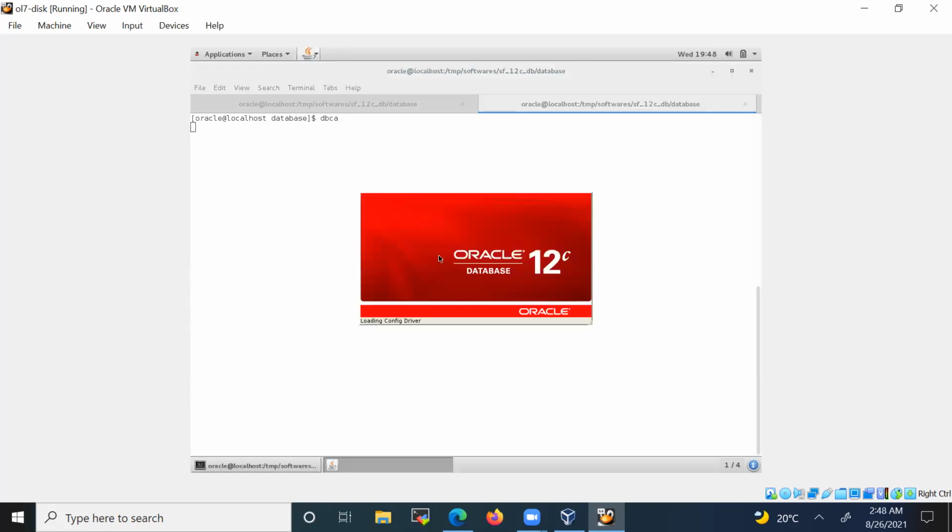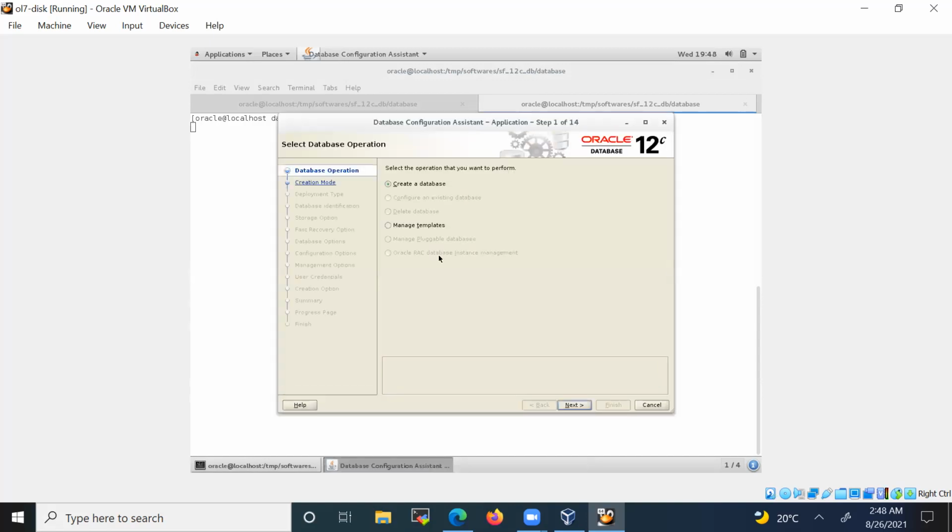It's going to start the Database Configuration Assistant tool, which you're going to use to create a database. So you can see here Database Configuration Assistant. Using it, you can create a database, configure a database, delete a database, manage templates and other things. Because there's no other database, you can see all these options are grayed out. So let's use create a database. Next,